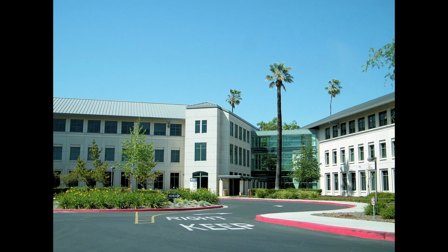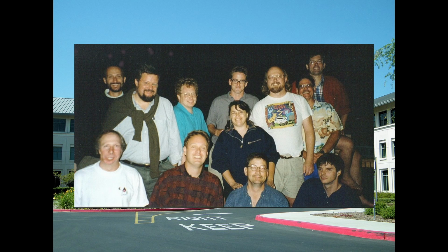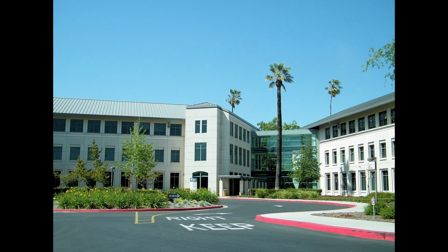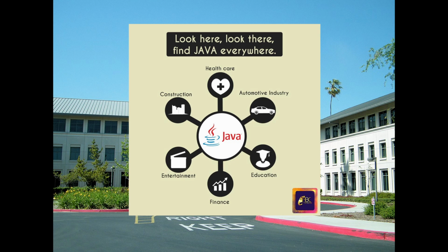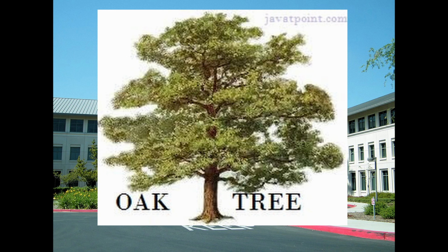Our story begins in 1991 with the Green Project. Sun Microsystems assembled a team led by James Gosling, Mike Sheridan, and Patrick Naughton to explore new ways of interacting with digital devices. Back then, the focus wasn't on computers or servers, it was on appliances like TVs and VCRs. Their challenge? Hardware diversity. Every appliance used different chips and operating systems, making it nearly impossible to develop a universal solution. The team needed a solution, and the answer lay in creating a platform-agnostic language. The idea was revolutionary: a programming language that could run the same code on any device as long as it had the right interpreter. Initially, they called their language Oak, after a tree outside Gosling's office window.